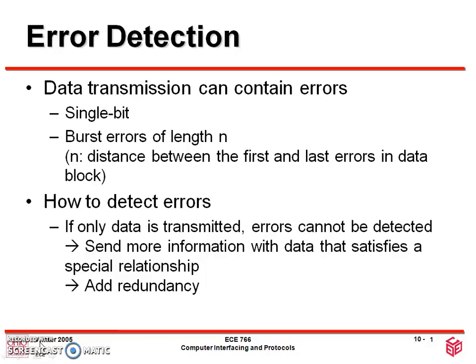We can classify the errors into different types. The first one is single bit errors. These errors occur in channels where the probability of the error occurring is far less. The second type is burst errors, and burst errors occur in most cases in wireless channels. One measure for burst errors is the error length. It is defined as the number of bits between the first and the last error bits that occur in the data.